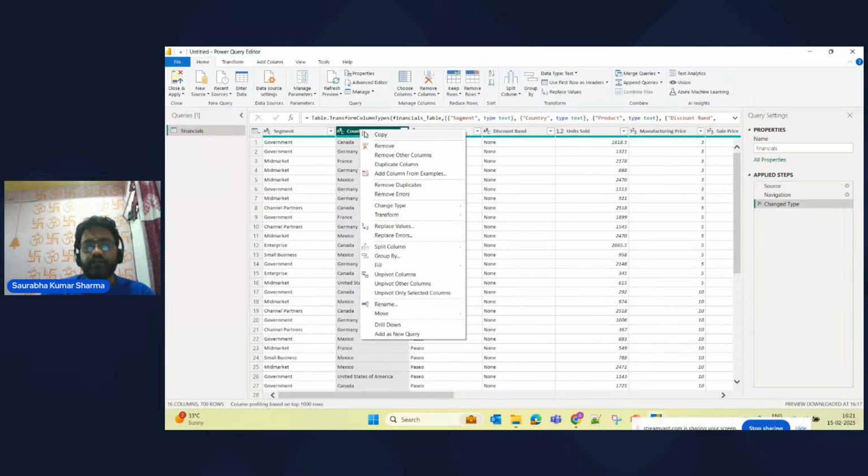So what kind of work can we do? Copy, remove other columns, duplicate columns, adding from example, remove duplicates, remove errors, change type. Like if you want to change some other data types. So there are lots of transformations: lowercase, uppercase, capitalize each word, trim, clean, length, JSON, XML, replacing some value. If you want to replace something, like if you want to replace Canada with some other country, you can do that. Replacing errors, splitting column. If you want to split this column into two parts, you can split like lower to upper, upper to lower, non-digit to digit, digit to non-digit, whatever, group by,